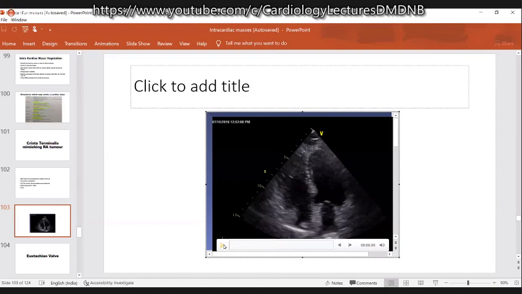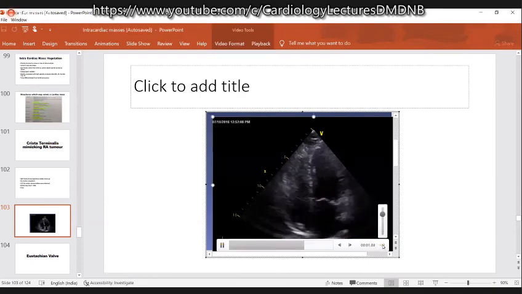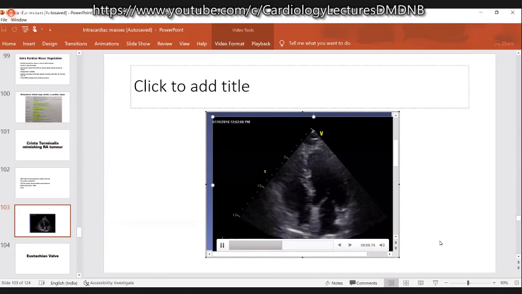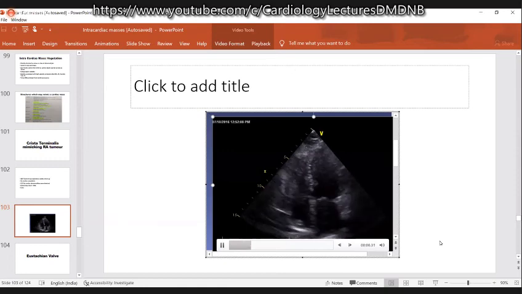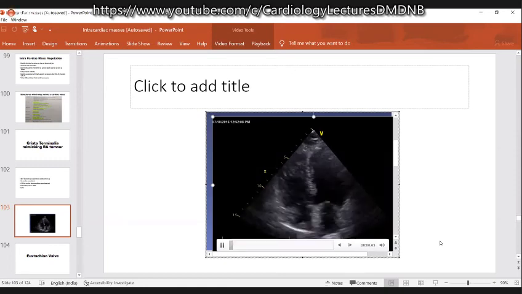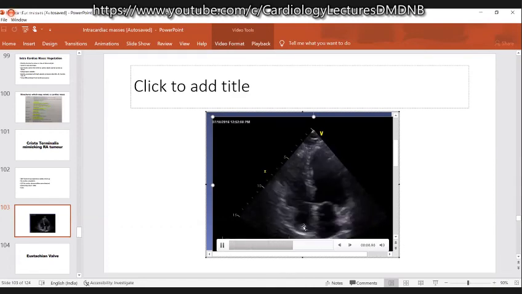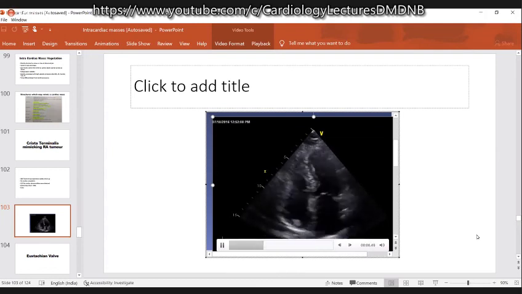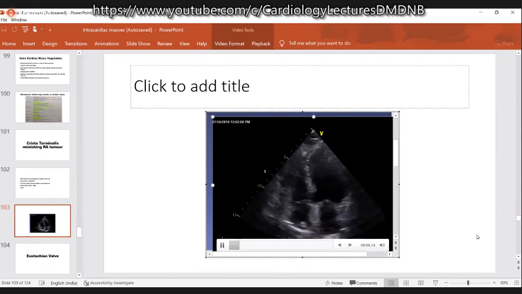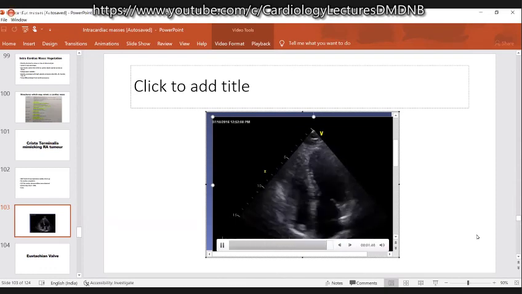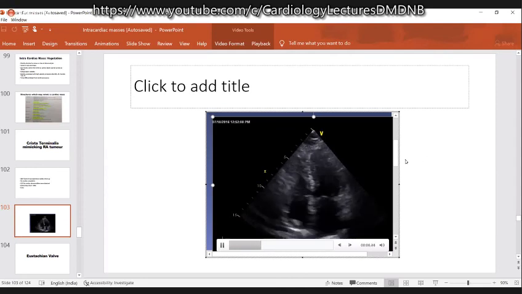This is an example of a case where we even got baffled. This patient came for a routine preoperative evaluation before undergoing a surgery. I think she was to undergo some abdominal surgery. Then what we found was that there is a mass here. When we found this mass, we were a bit worried whether it is a tumor mass in the right atrium. So we were a bit worried about it, and ultimately we decided the patient should undergo an MRI. And when the MRI was done,